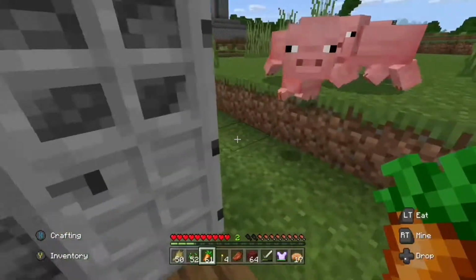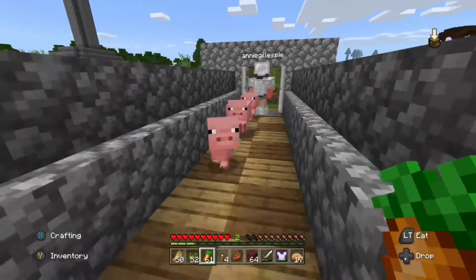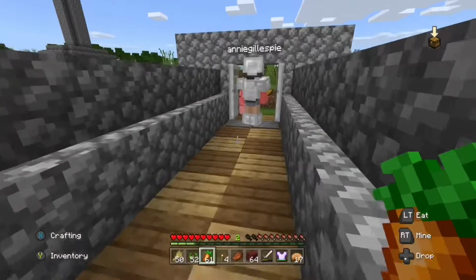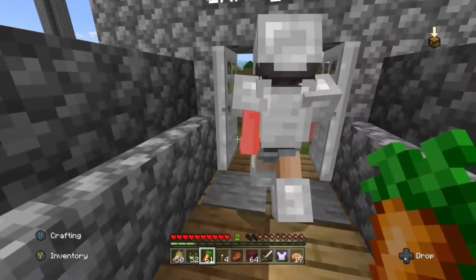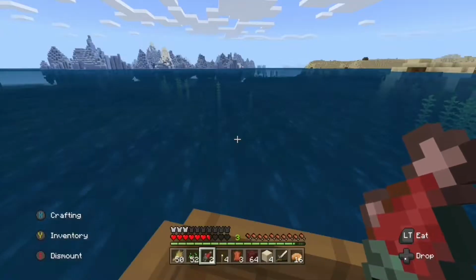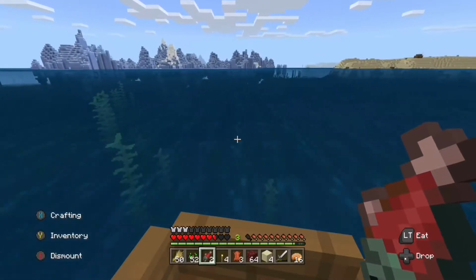and I had Annie hold the door open for me, and 3 of the pigs had no problem getting in, but the last one really struggled, but eventually Annie was able to get him to come in, but it was a while, so I just kind of cut forward right here. And so now we were going to go try to feed the dolphins yet again,